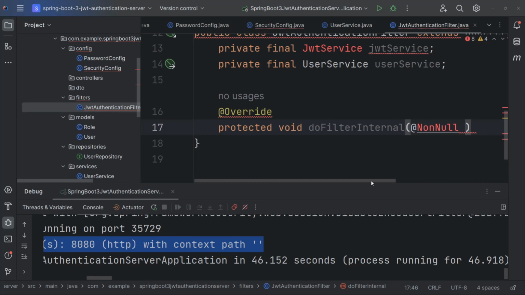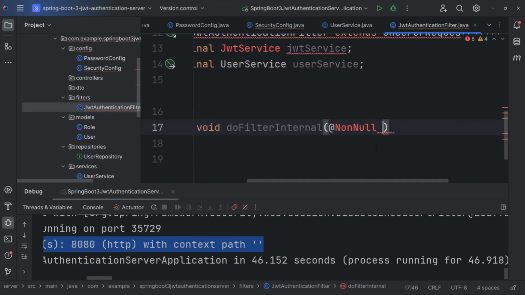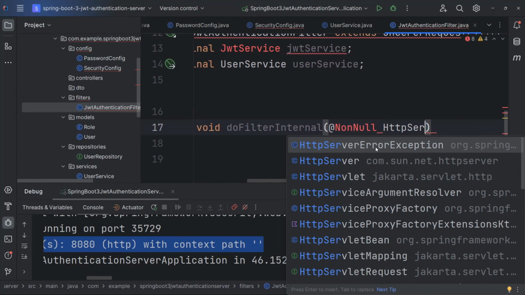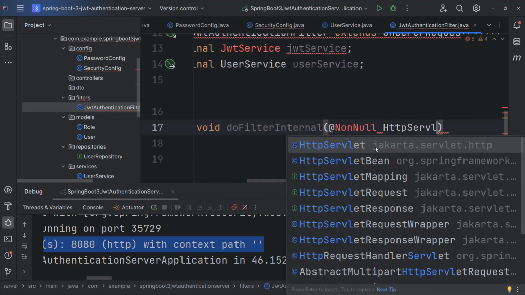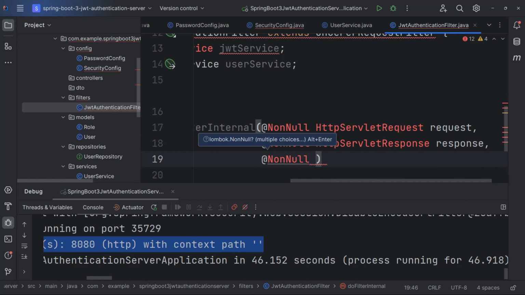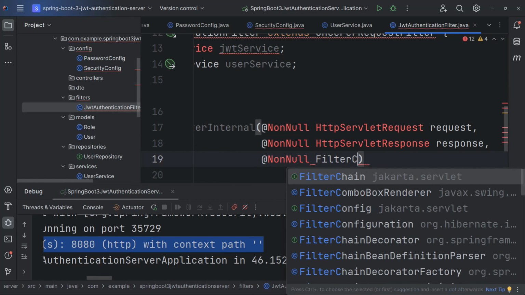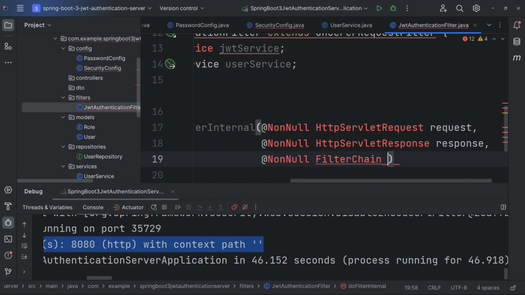And this is where we accept the HttpServletRequest, as well as the HttpServletResponse, and the rest of the filter chain, which gets passed on through each filter in our server. Okay, so this throws a ServletException